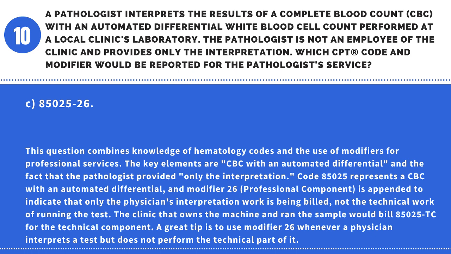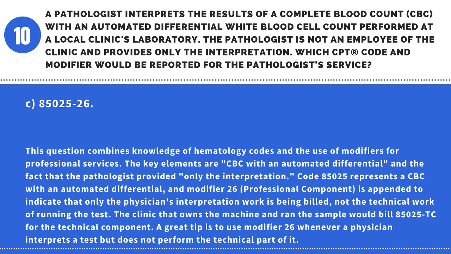Code 85025 represents a CBC with an automated differential, and modifier 26, professional component, is appended to indicate that only the physician's interpretation work is being billed, not the technical work of running the test. The clinic that owns the machine and ran the sample would bill 85025-TC for the technical component. A great tip is to use modifier 26 whenever a physician interprets a test but does not perform the technical